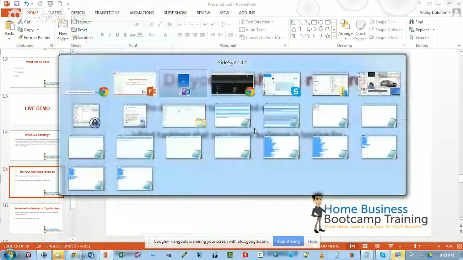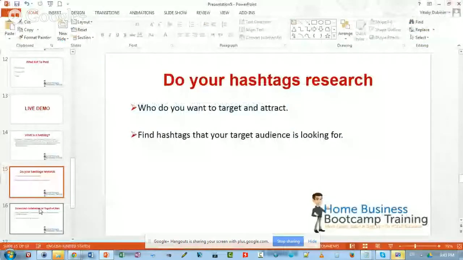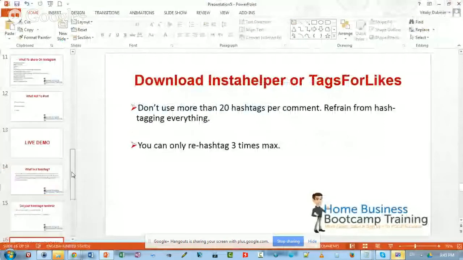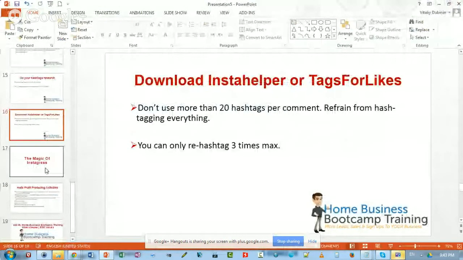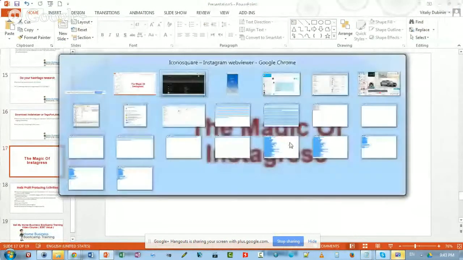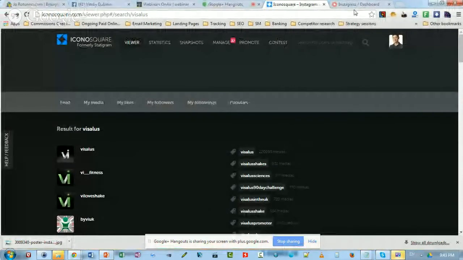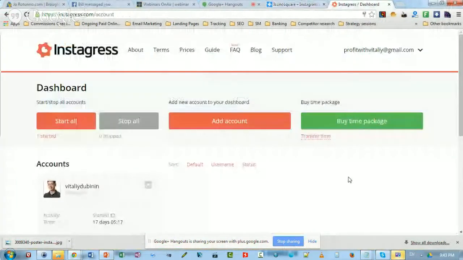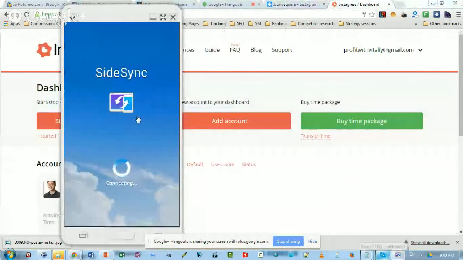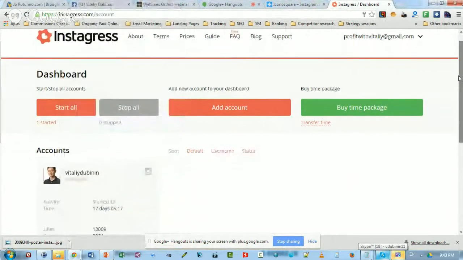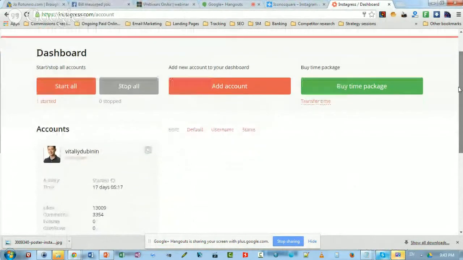Let me show you a tool, Instagrass, which is an awesome tool that will allow you to automate your Instagram followers. Because right now I don't see that the screen is syncing, so let me share with you how to use Instagrass while it's working right there.